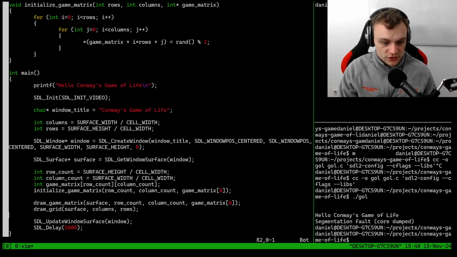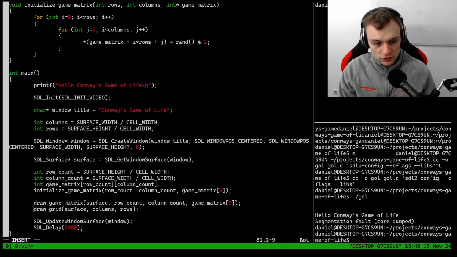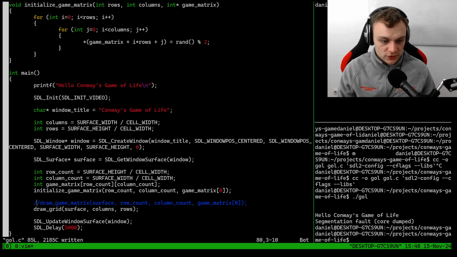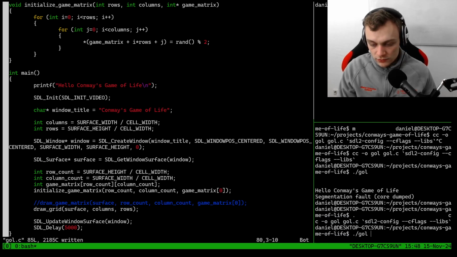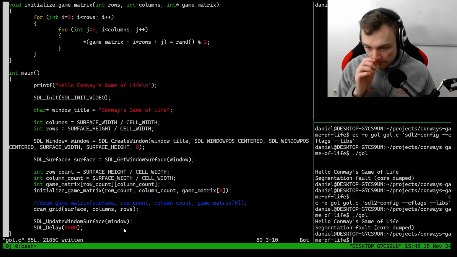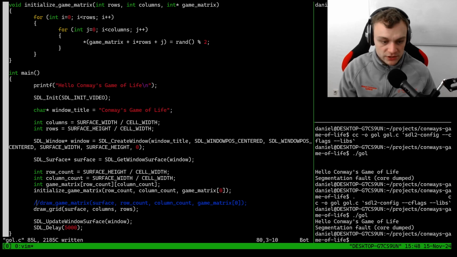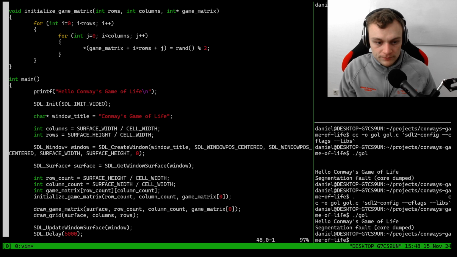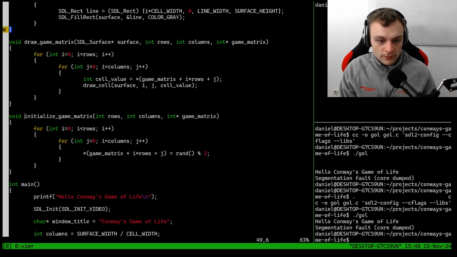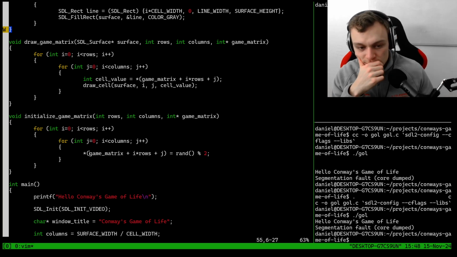Then I would suggest, before we draw the game matrix, maybe see if we can even initialize the game matrix. So I'm going to comment that out. Nope. So that is the segmentation fault. It's happening during initialize game matrix. And here we access